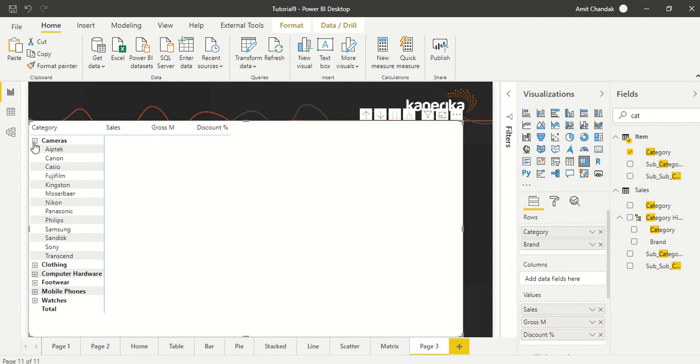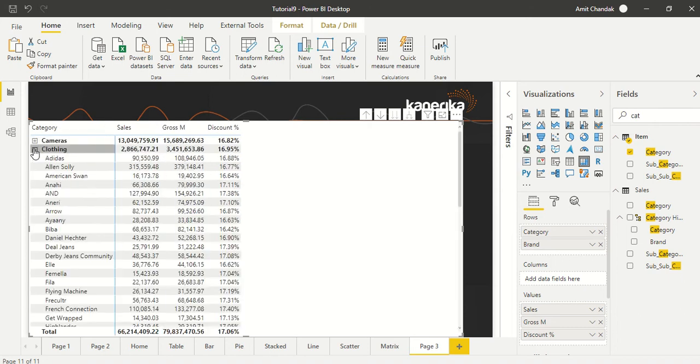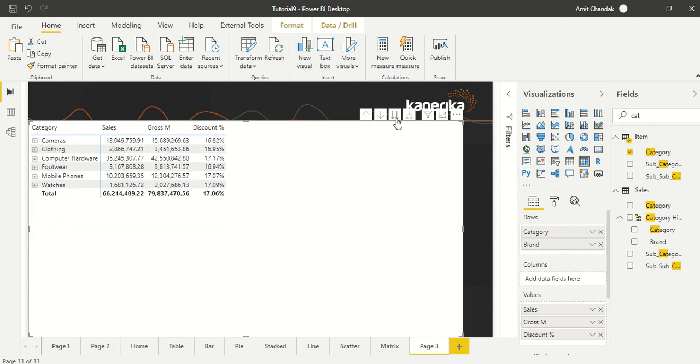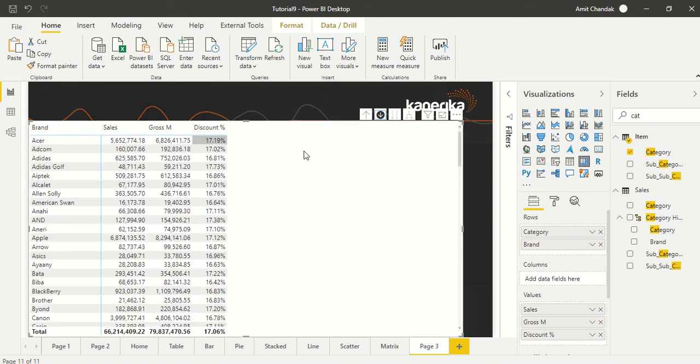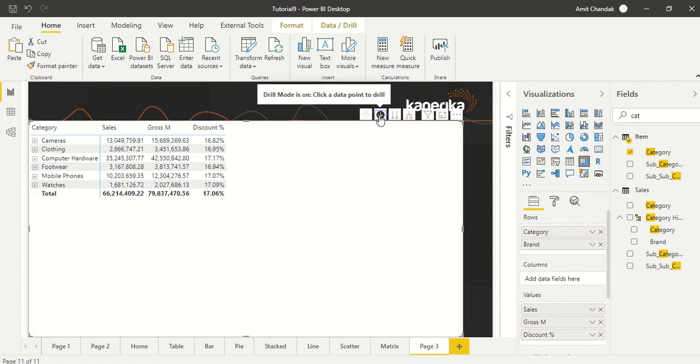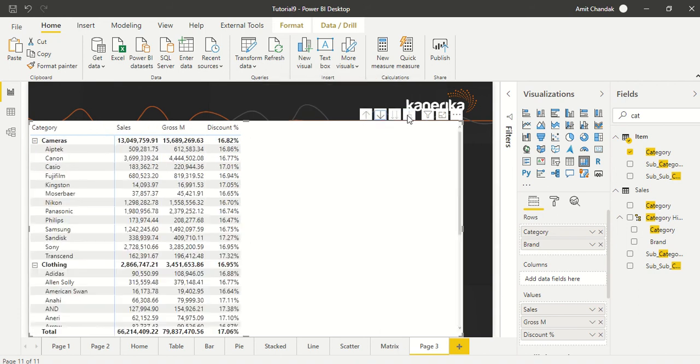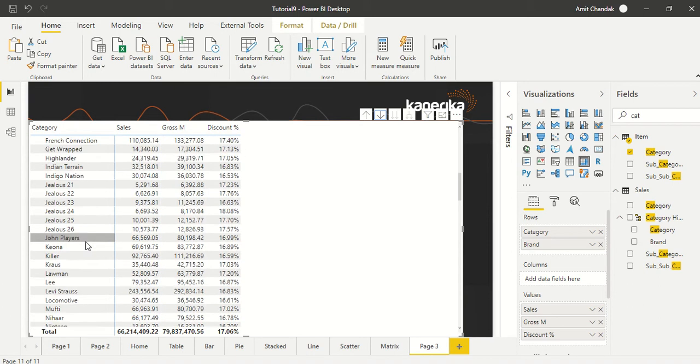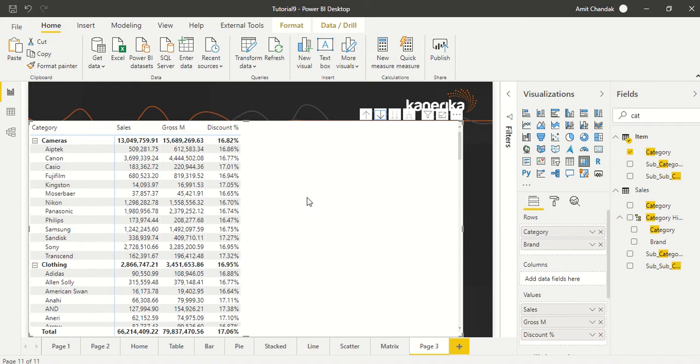Now we can individually open these and see, or otherwise we have an option to click on drill down. If we click on drill down, it will go to brand, or we can do expand. When we do expand, it starts looking like this, so under the category, everything is opened. This is the expand option, and in the drill down option we go to the next level. This is when you have two things on the rows. When you have two things on the columns, we are going to see similar options.